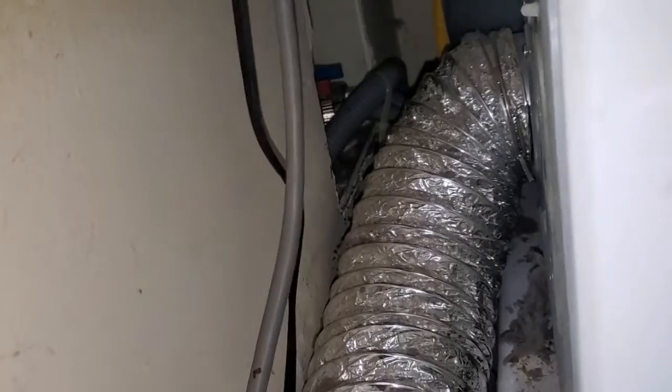People route them up high and then down into their drain. Typically it's not good to do that this way. This house is set up where it has to be that way, so I'm going to end up replacing this pump again because we don't really have any other option. But you can see here